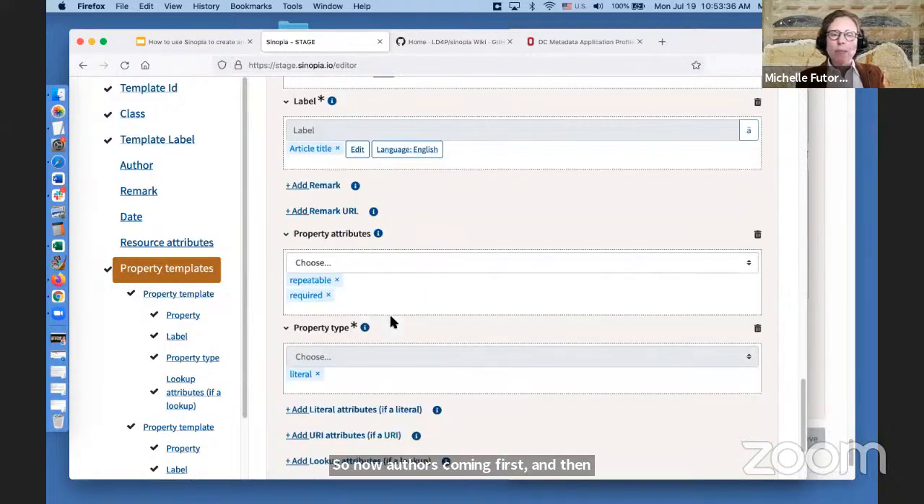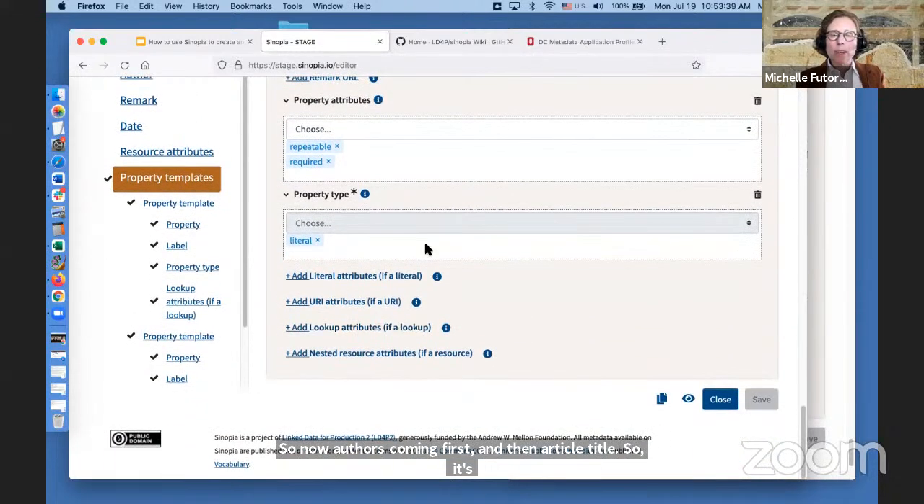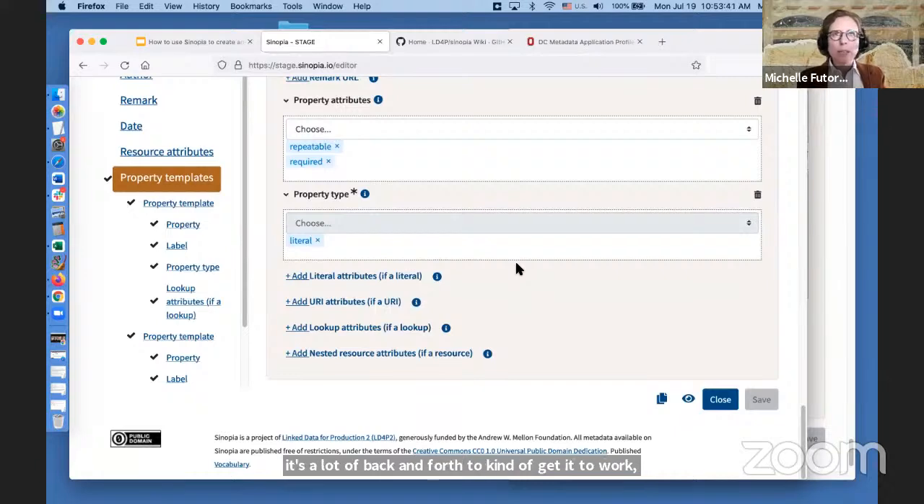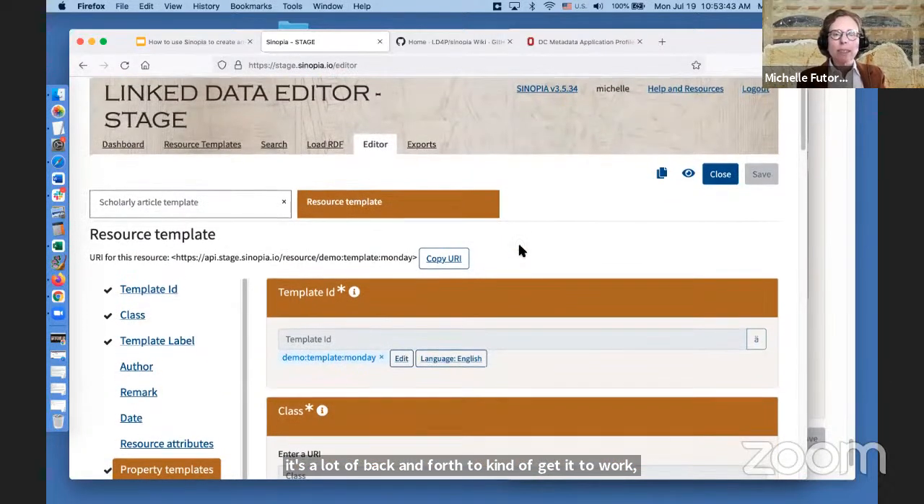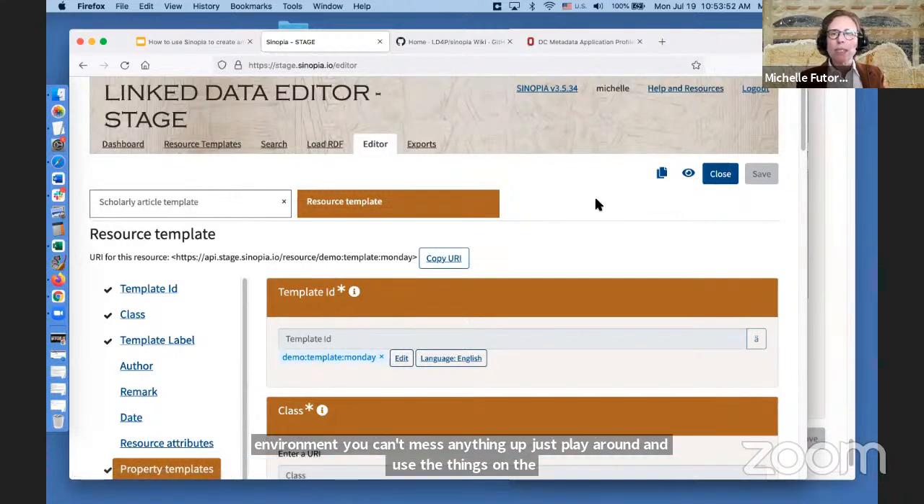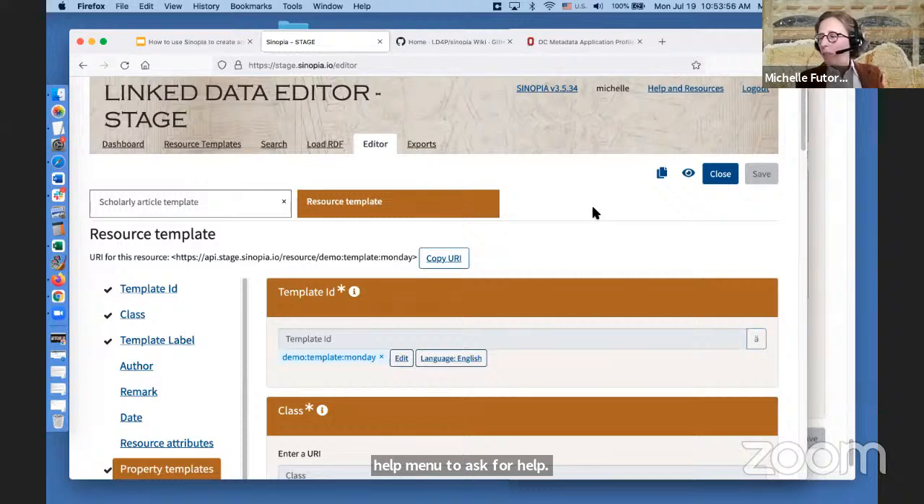So it's a lot of back and forth to kind of get it to work how you want, but don't worry, because this is a stage environment. You can't mess anything up. Just play around and use the things on the help menu to ask for help. And I think I am just about at the time I said I would finish at. So maybe I can try to